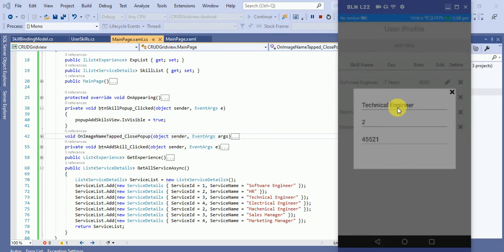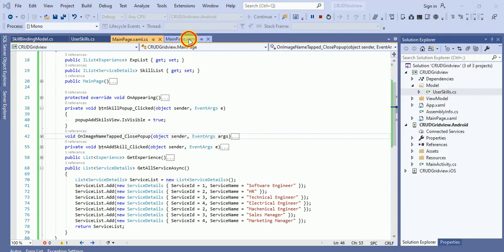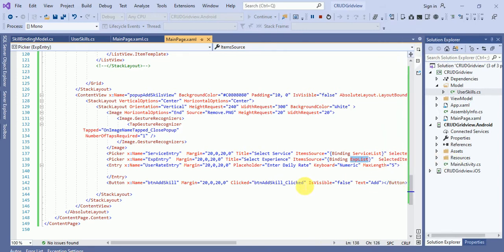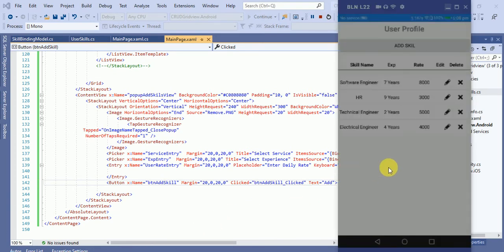Now what we have to do here, we will add a button that will add this pop-up information in this grid view. Okay, so let's move on here, and in this pop-up click event is visible equals to false. Let's remove this and save this application and see the output.